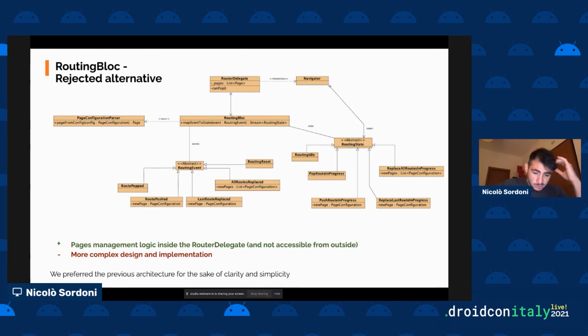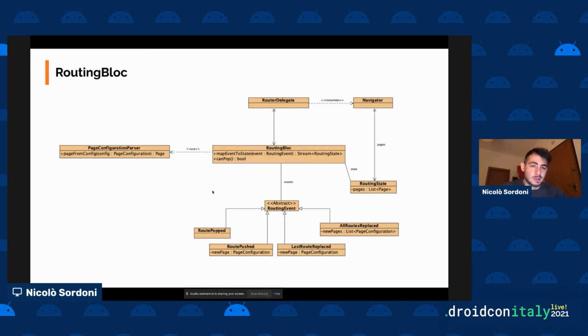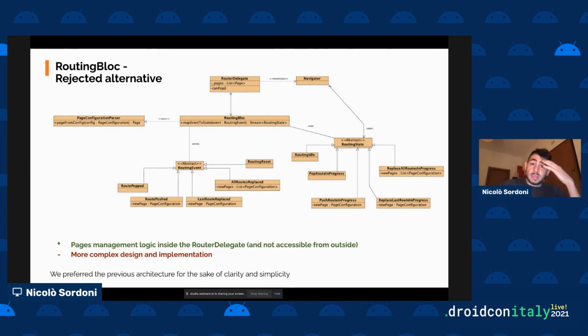It has some advantages. First of all, the page management logic was only inside the router delegate, and the list of pages was not accessible from the outside. Otherwise, in this architecture, the list of pages is in the routing state, so any component that gets a reference to the routing block can always get a reference to the list of pages. But we found this approach more complex to implement, but especially to understand. So we went for simplicity and we decided to use the first approach,